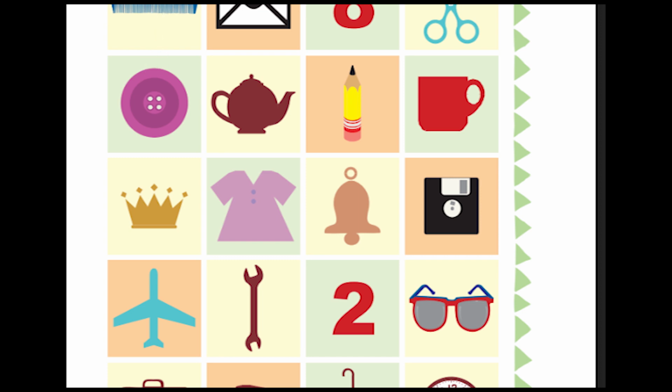Similarly, if you divide this, you can get 2 equal same pictures. For this envelope also, if you divide from the center, you will get similar pictures. For this letter 8, if you divide from the middle, okay, from this horizontal line. Scissors also, if you divide from here up to down, you get both sides similar. Button also, if you divide it from up to down or horizontal or vertical, any one line can divide it into two equal halves.